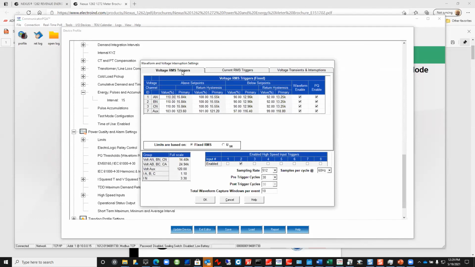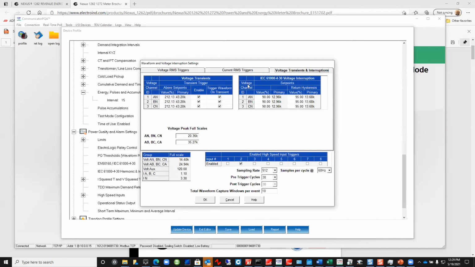With this meter, you have voltage trigger, current trigger, and you have transients. So it is picking up transients. And at the conclusion of this part, we'll go back into retrieval logs, and we'll take a look at waveform capture,